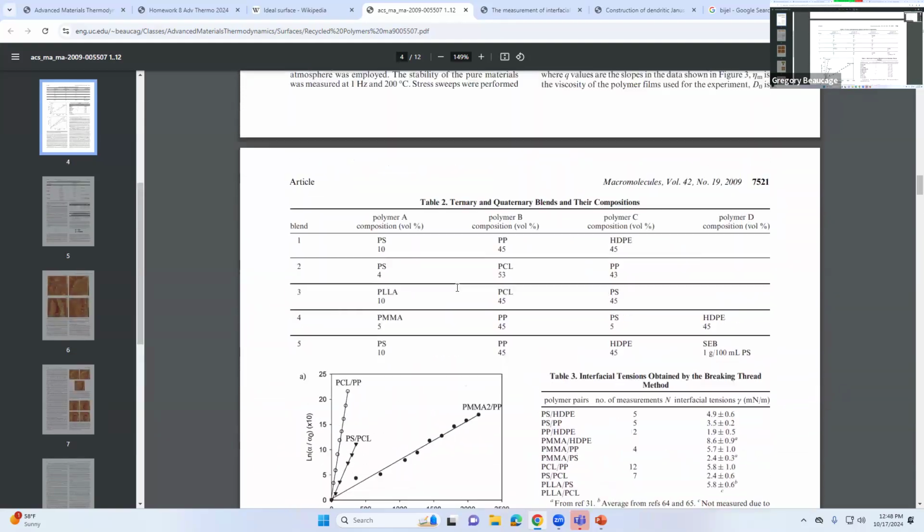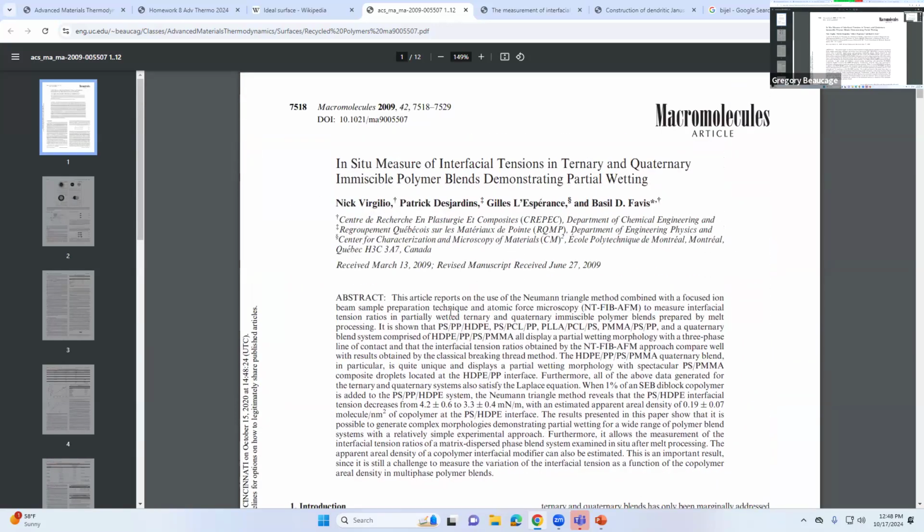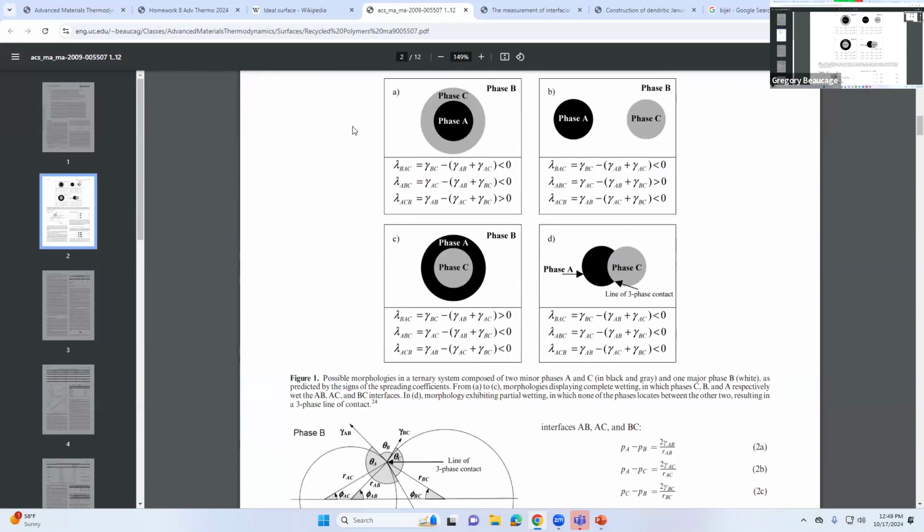So there's two ways. If you have this kind of situation, first of all, this lambda is the spreading coefficient for the three phases he's going to use. And he needs to know the binary, so it's a ternary spreading coefficient. He needs the binary surface tensions. So how do you get those in this kind of garbage mixture that he extruded, right? There's two ways to get those. One way is this